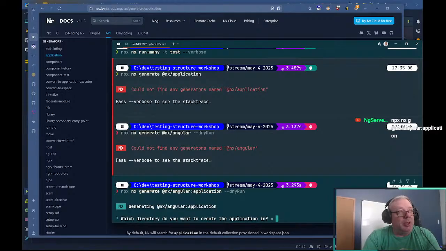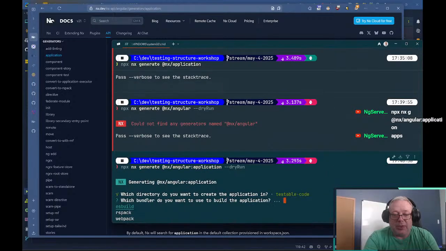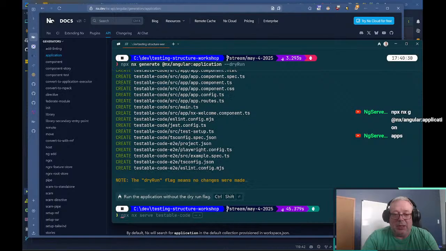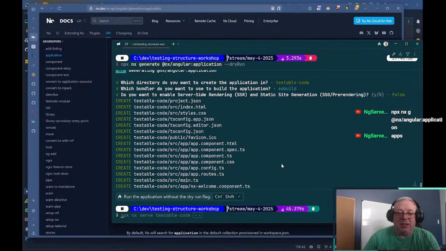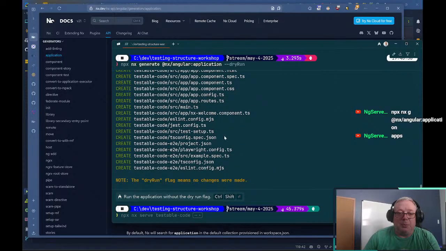So the directory, we're going to do testable code. We're going to use esbuild again. We tried rspack. I need to experiment with it more. We don't want SSR or SSG pre-rendering. And there we go. We did forget to add, oh, so we need to